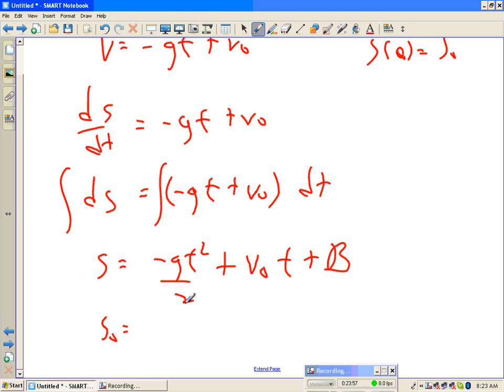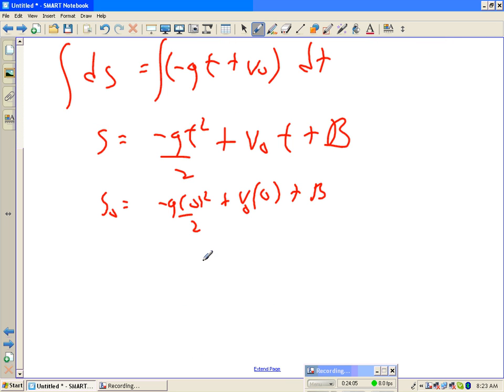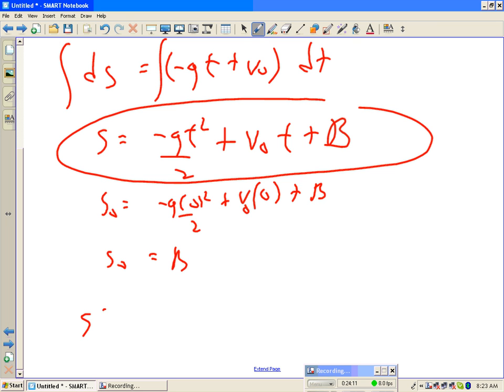And t is 0. So b is s0. So here's your general solution. Here's the particular one. s of t is negative g t squared over 2 plus v0 t plus s0, which is